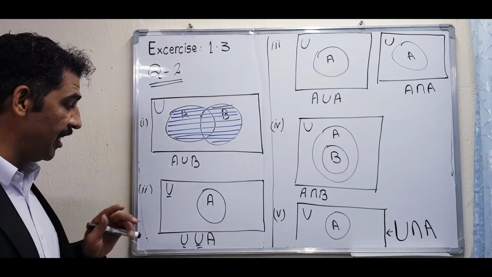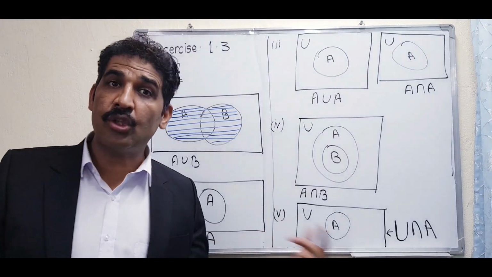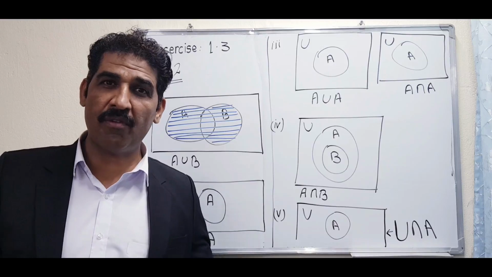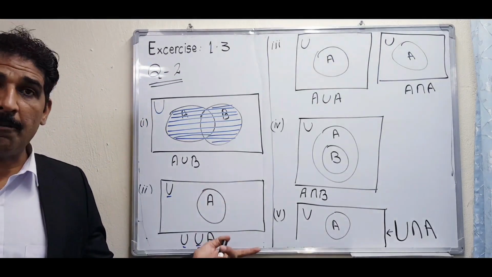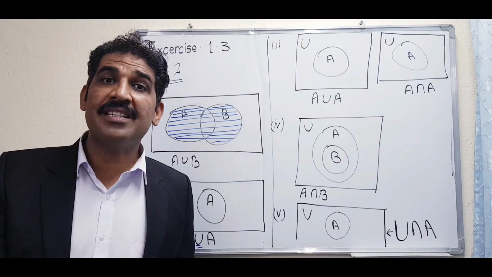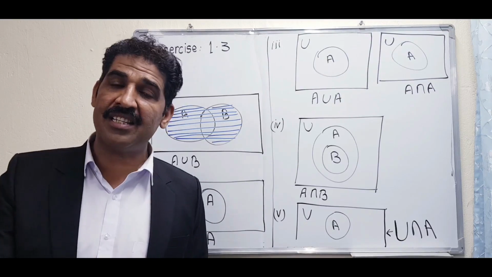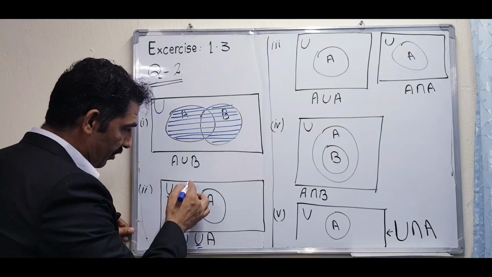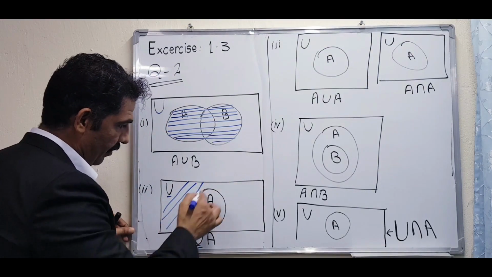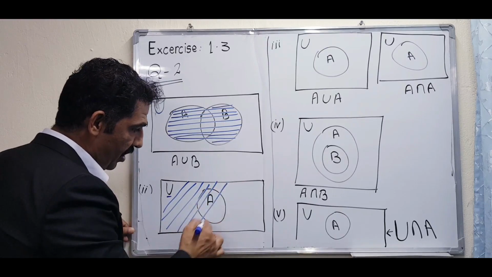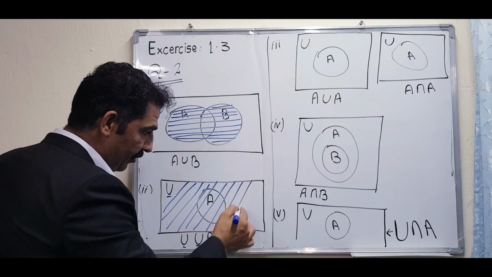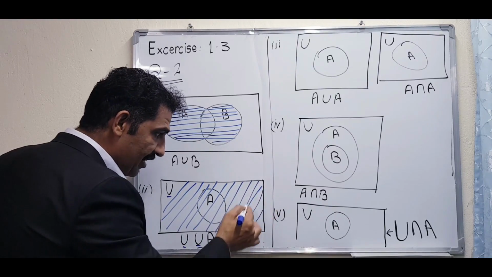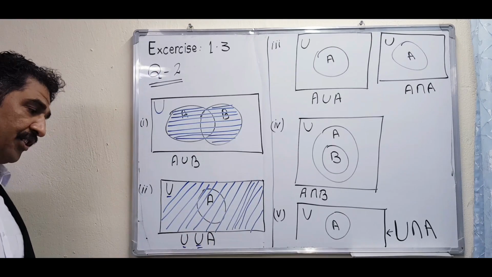I told you, in a union, if there are two sets, one set is the superset and one set is the smaller set, like we solved in the previous question number 1, second part. So in union, the superset is the answer, but in intersection, the answer is the subset. So here we will take this portion complete, because this is a union, so you have to shade the complete portion. We have to show our answer with the help of the shaded portion.